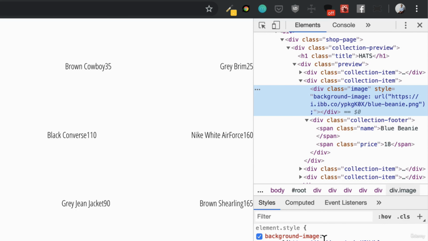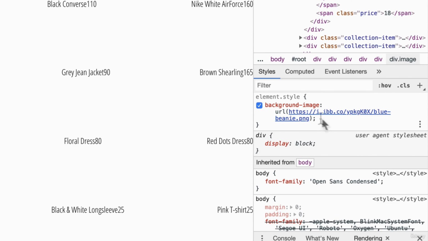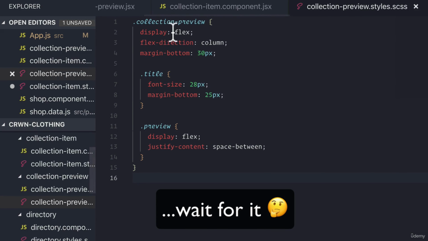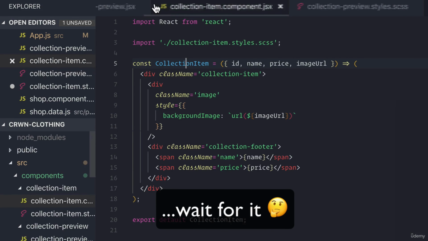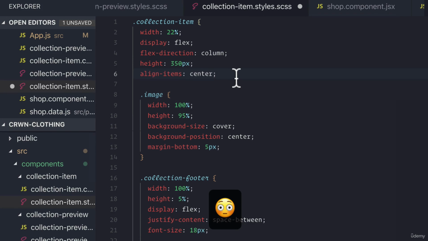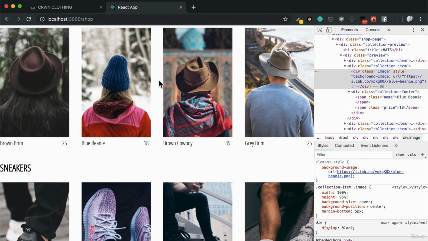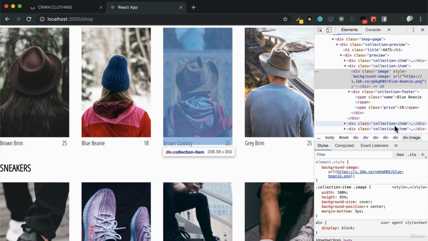Although we are getting the actual image right here being rendered. So, oh, I see. Our collection preview, our collection item. Oh, we didn't save. There we go. Silly mistakes. So sometimes if you just take a look inside of your DevTools, it's very easy to see where